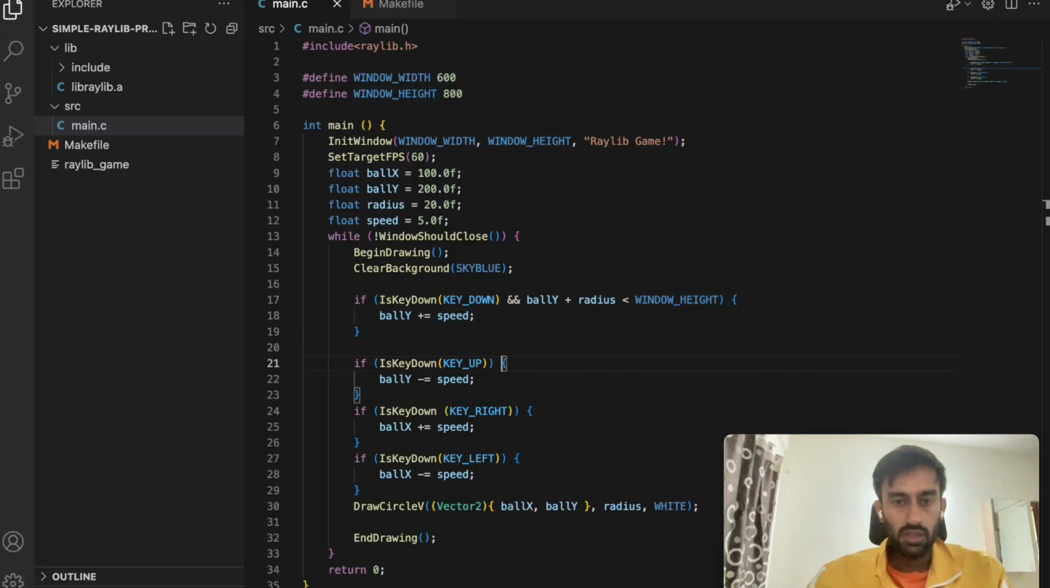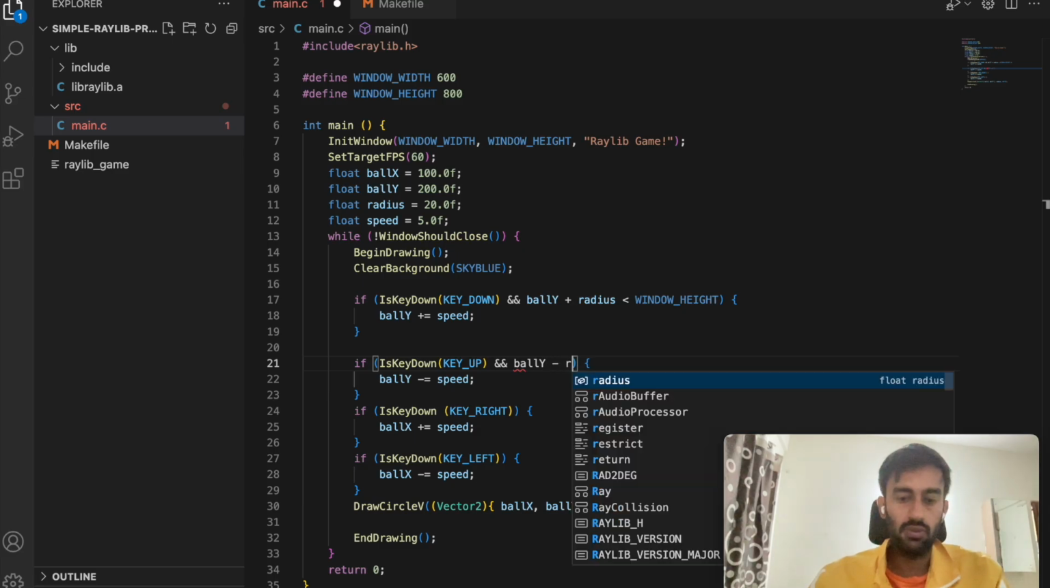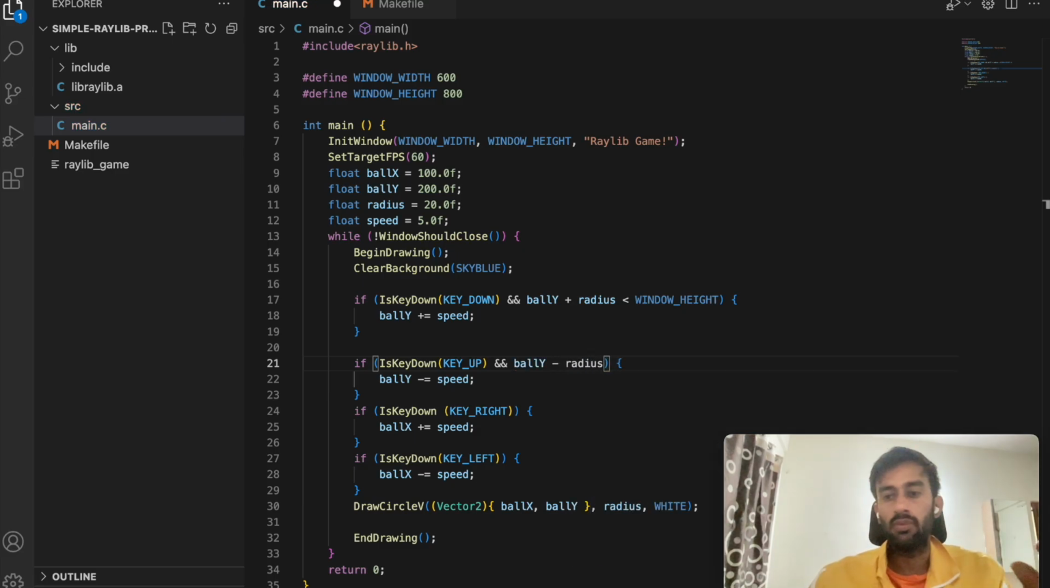Similarly, we'll do this with the up as well. Now the uppermost part of the ball should not touch the uppermost part of the game window. But the y coordinate is still a little bit down than the uppermost part of the ball, because there is this radius upwards. So what we want is, if I subtract the radius from the y coordinate of the ball,